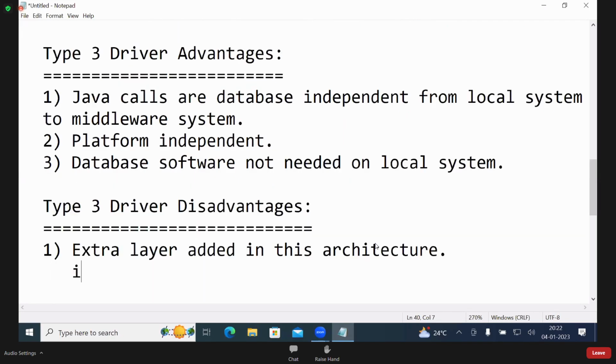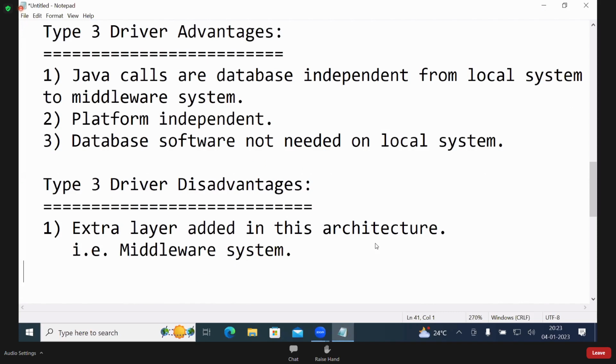That is the middle system. So compulsory software is required. That is one disadvantage.